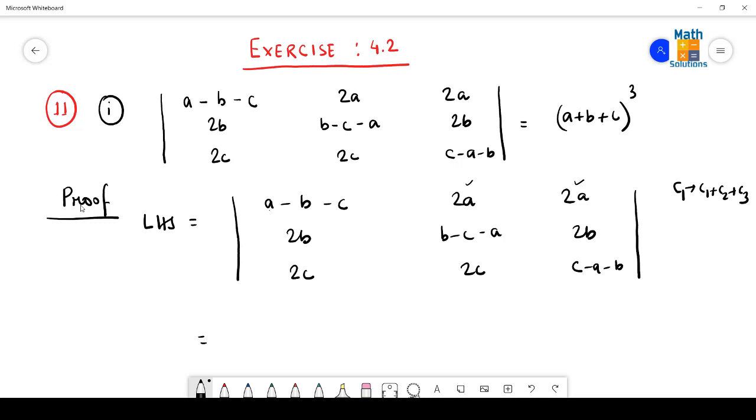Let us check row wise whether the first element along the first row, what do we get? If I replace R1 by R1 plus R2 plus R3, then let us check what we get: this plus this plus this. Then in this case there is possibility of getting A plus B plus C. Here also the same thing will go on. So in the next step we shall be proceeding with that property only.